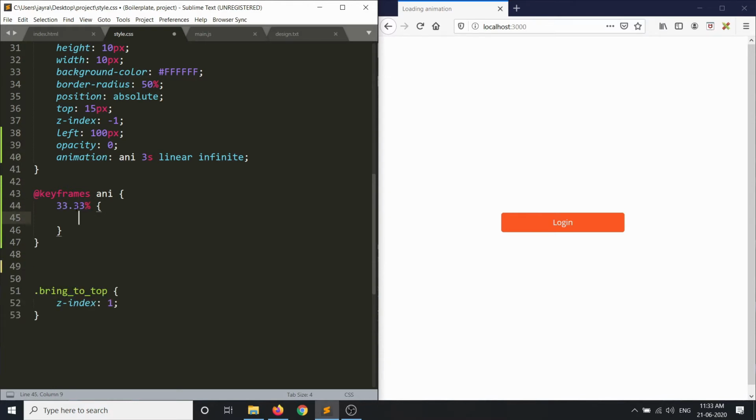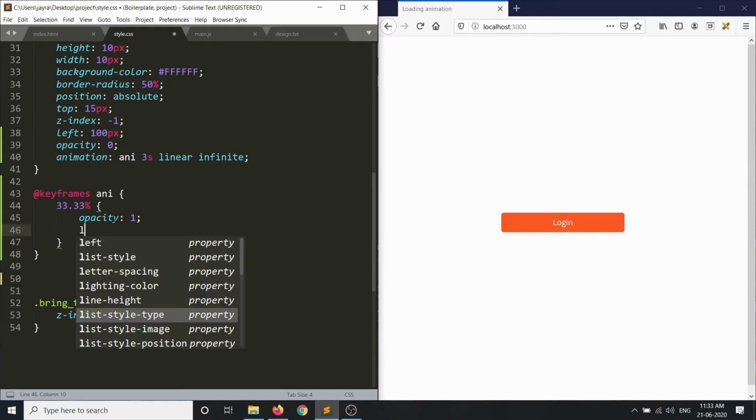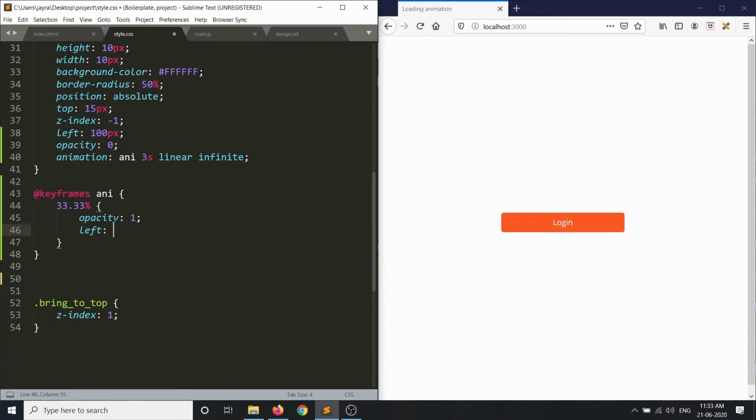Now what this represents is we'll be defining the state of the circle that we want at the end of this 33.33% of the animation, which would be 1 second. So at the end of 1 second, we want our circle to have opacity of 1 and we want the left offset to be 120 pixel.